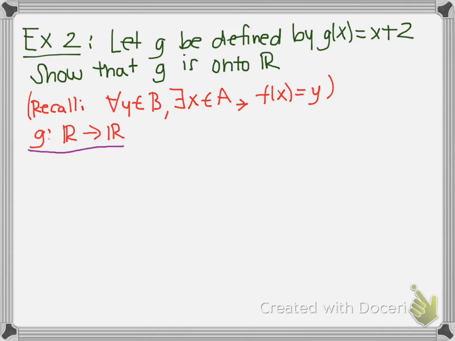And also recall the structure of a proof for an onto function: for every Y in B, well, in our case we know B is the reals, there exists an X in A, and in this example our A is R, such that f of X equals Y. And so we would say such that G of X is equal to Y, since we're using the function G. Okay? So, since this is a proof involving there exists X, we need to do some side work